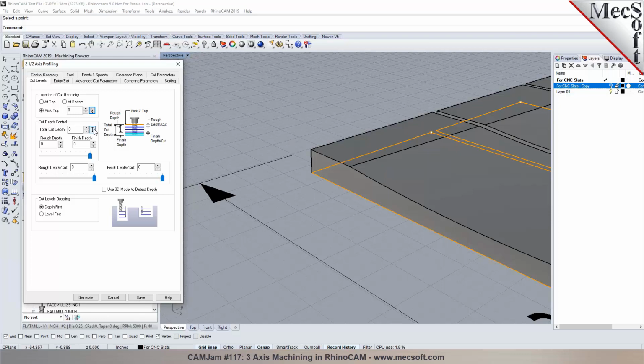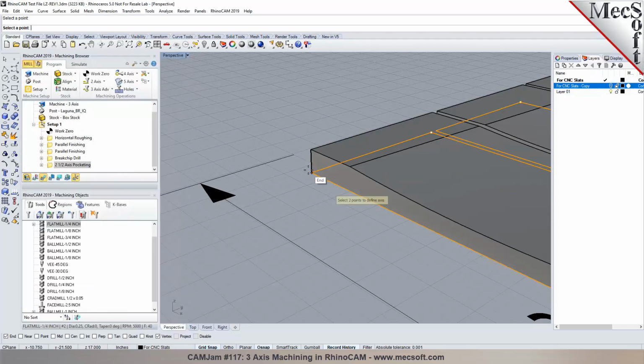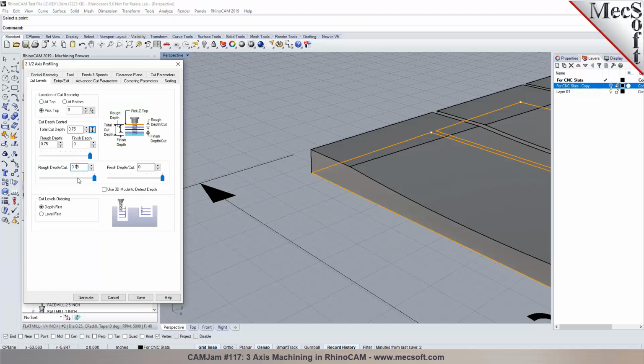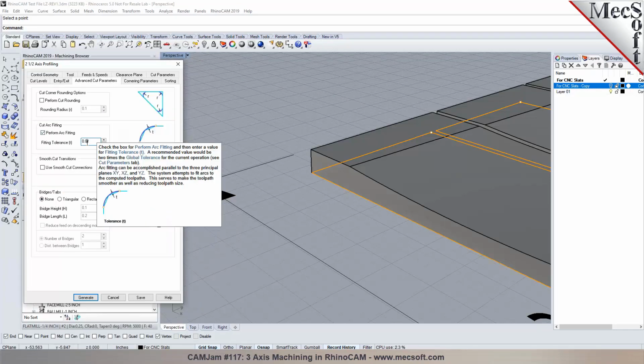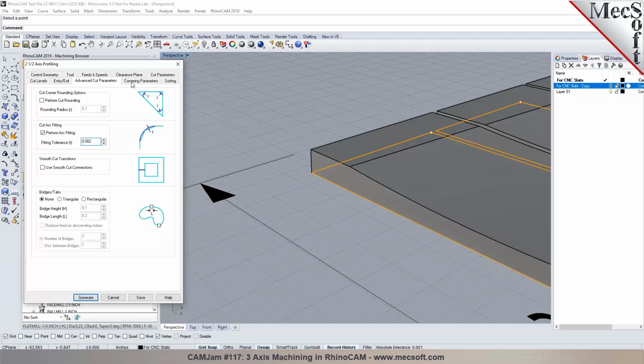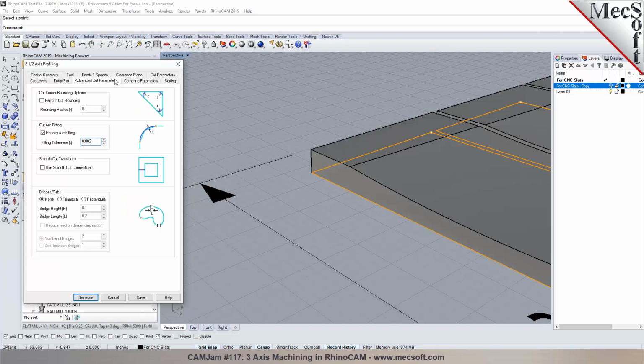You can measure the depth from the model. You can just click this here and then say pick 2 points. So for the 3/4 inch, we can say we want to break it up into quarter-inch steps. You can specify your entry and exit, or you can just do a plunge cut, and then specify any parameters for arc fitting. The cornering, by default, is going to be a rollover round, or you can say sharp corners. And over here in the advanced cut parameters, this is where you specify the type of tabs you